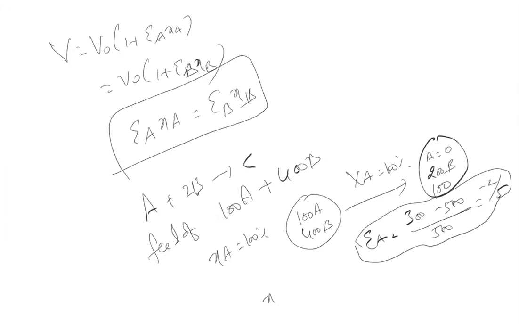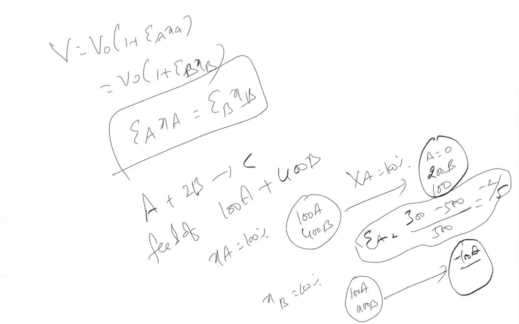How do you take EB here? XB equal to 100% conversion. Then I take 100 A and 400 B. But 400 B requires how many A? 200 A, no? You don't have 200 A. Then what I do is, I write minus 100 A. This is only from the calculation point of view, so you don't need to worry about me writing minus 100 A. Why am I writing minus 100 A? Because 400 B requires 200 A and I don't have that, I have only 100 A. That is why I have written minus 100 A.